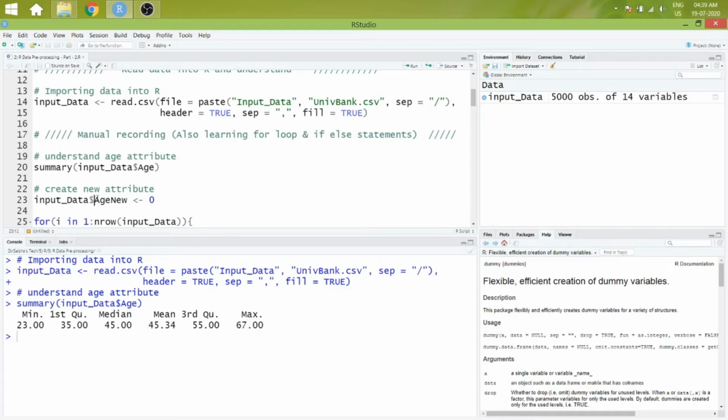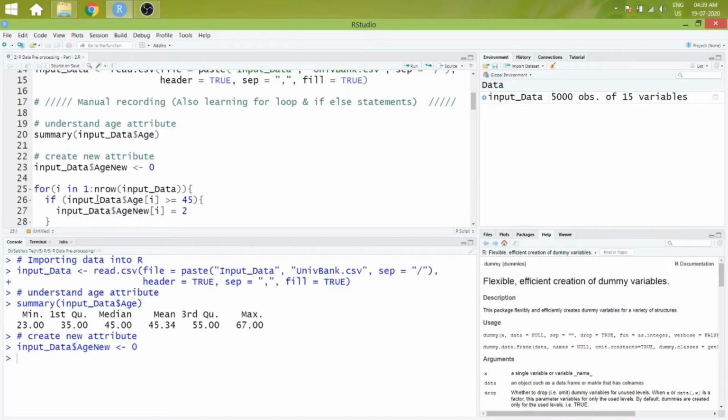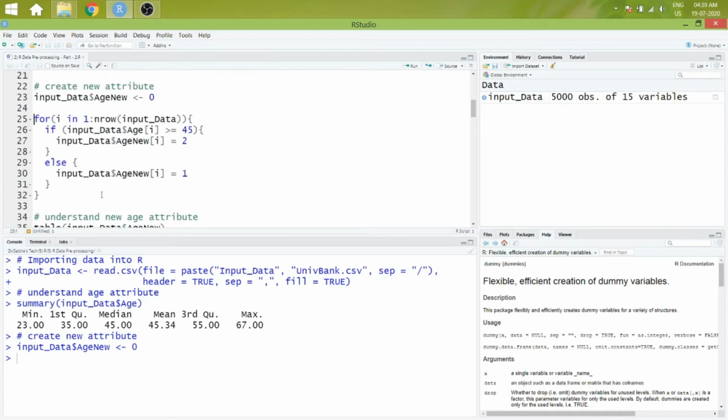In line 23, we are creating new variable age new. From line 25 to 32, we are binning age attribute to two groups, 1 and 2. Here, if the age of individual is greater than 45, we are assigning the value as 2.